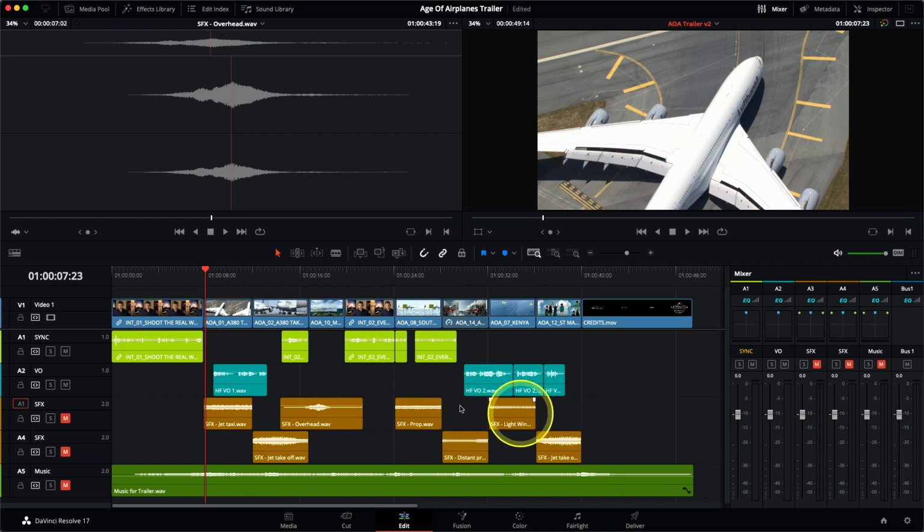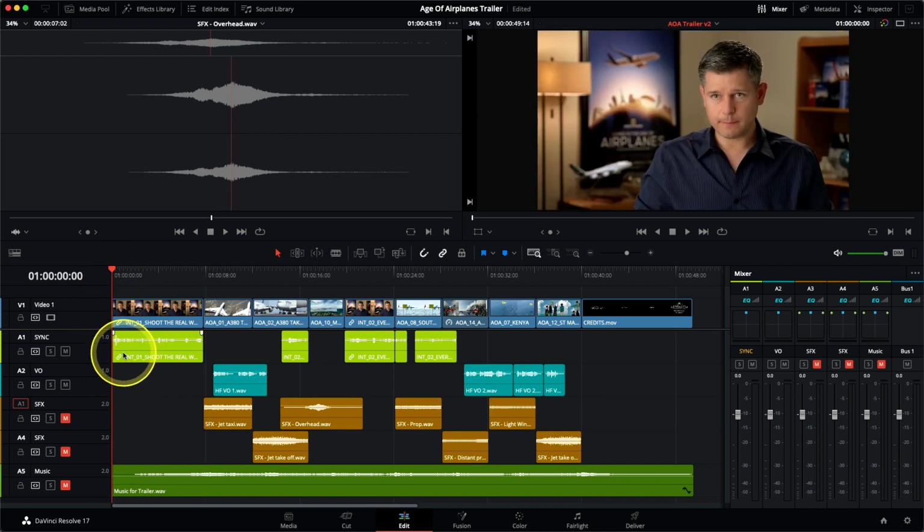Now that I've got my audio channel sorted out, I can start thinking about the levels that need to be set. It depends where you need to deliver your audio as to what levels you should be aiming for. However, as a good rule of thumb, around minus 12 dBFS on the main output meter is probably something good to aim for. You can also listen to the audio as well, just make sure you're happy with the mix. The main thing is, can you hear the different elements, and making sure that one element does not swamp another. I'm going to go back to the beginning of the timeline and play